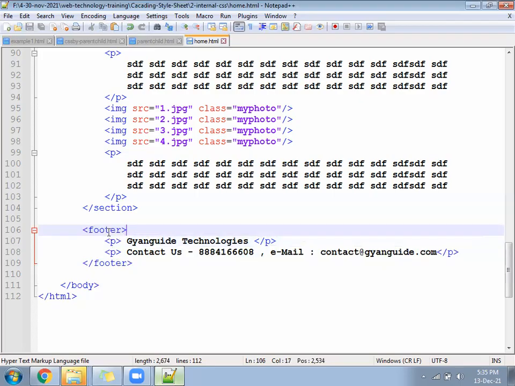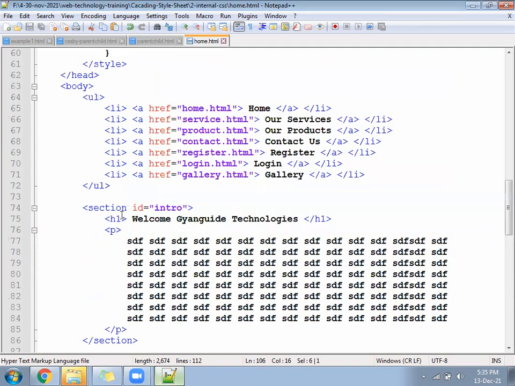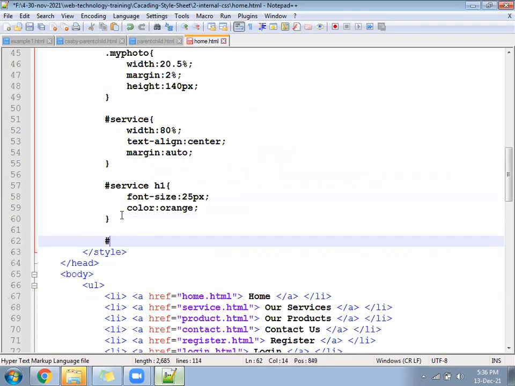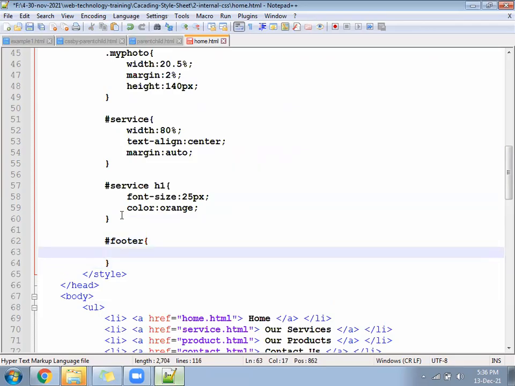Okay. So go to the CSS part. Write this. Footer is ready. Now for the footer we can write footer. The footer should be a two color combination.